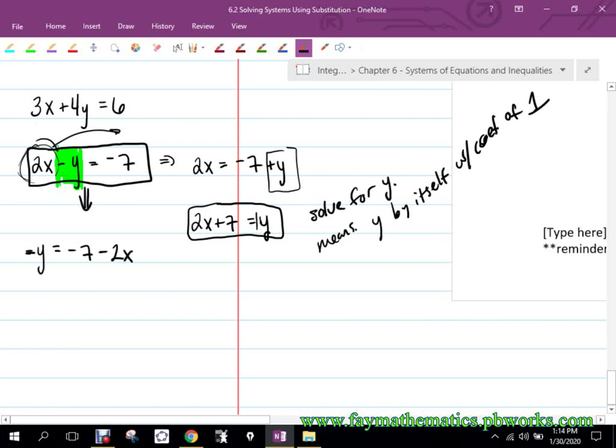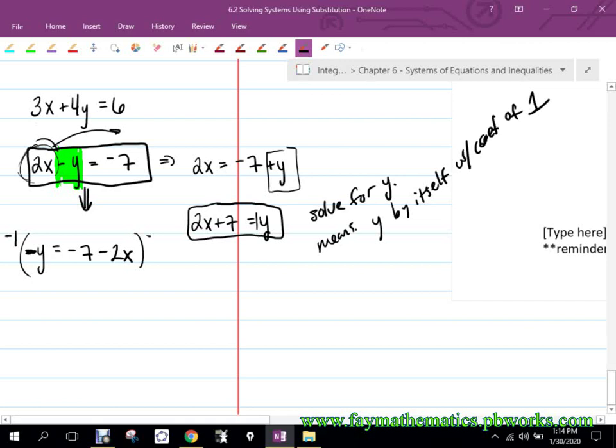What do we like this thing to be? This negative y, we like it to be positive y, right? What could I multiply by so I don't change the amount, but I change only the sign? Okay, if I multiply by 1, it's not going to change anything, right? Well, if I divide by 1, it's not going to change anything, right? Multiplying or dividing by 1 keeps it the same, right? But if I multiply by a negative 1,